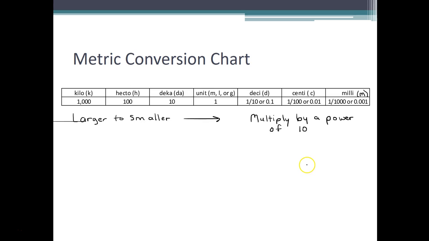But if you're going smaller, which is on this end, like on your ruler, a millimeter is teeny tiny, and if you're going smaller to larger,